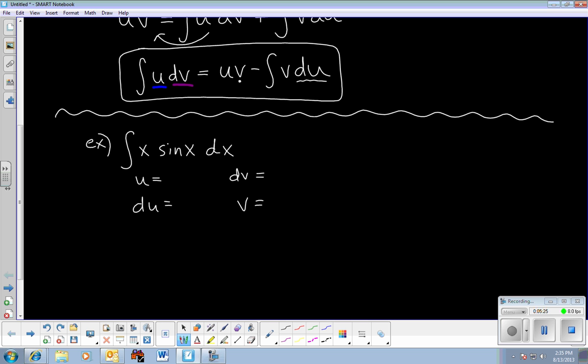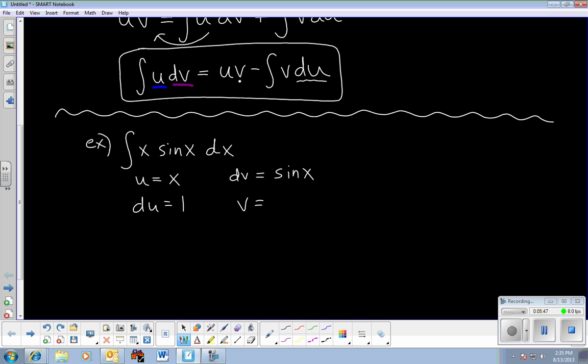Right, whichever one I choose to be u, I'm going to differentiate. Sine doesn't really matter. It just bounces back and forth between sine and cosine, plus and minus. So that's not getting any more or less complicated. But x would be really nice here because the derivative is 1, and 1 is always simple. If I make dv sine x,